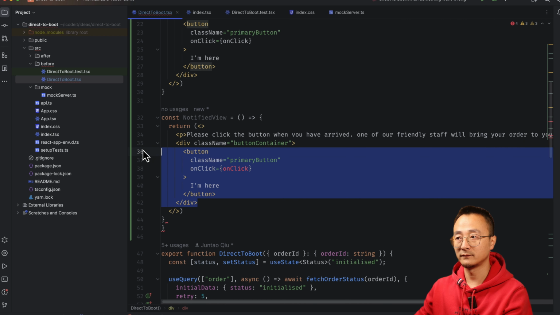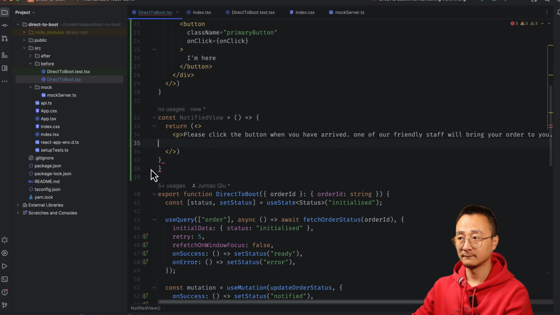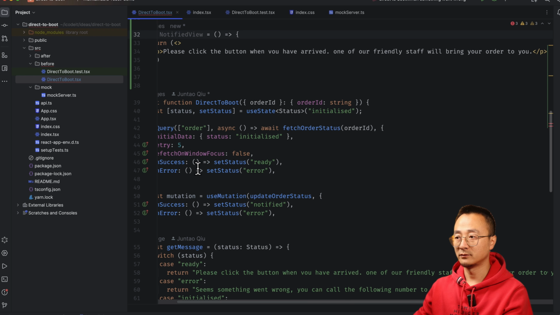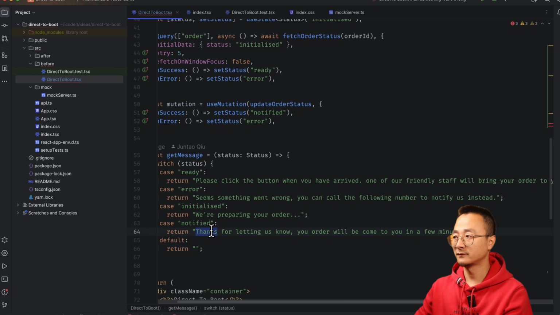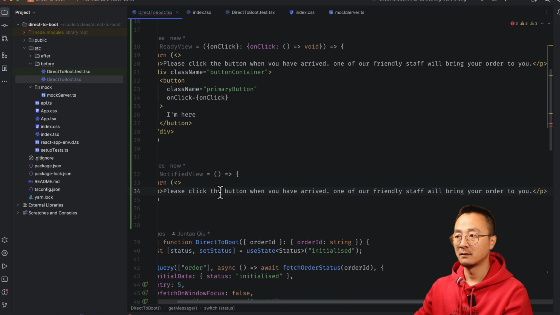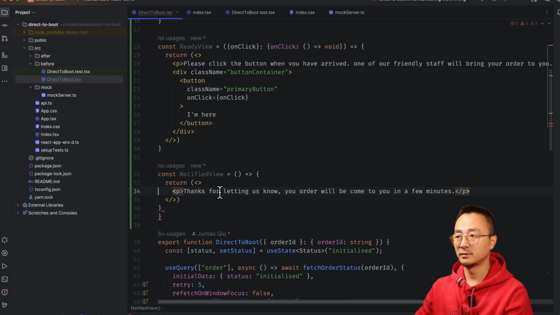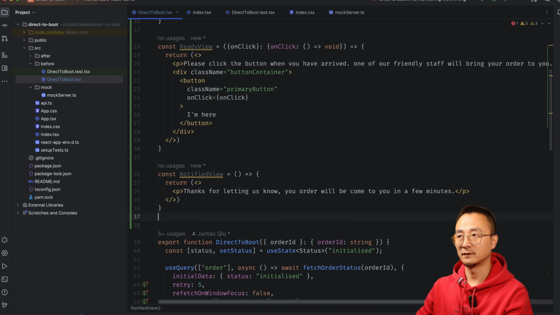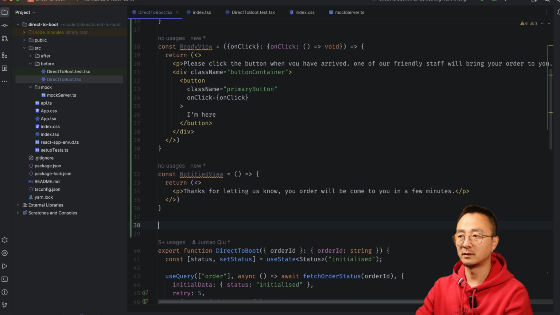So get rid of this button container thing, and for notified, the message is "Thanks for letting us know," and we'll just copy and paste. So the notified view is like so, and then finally we will have the error view,